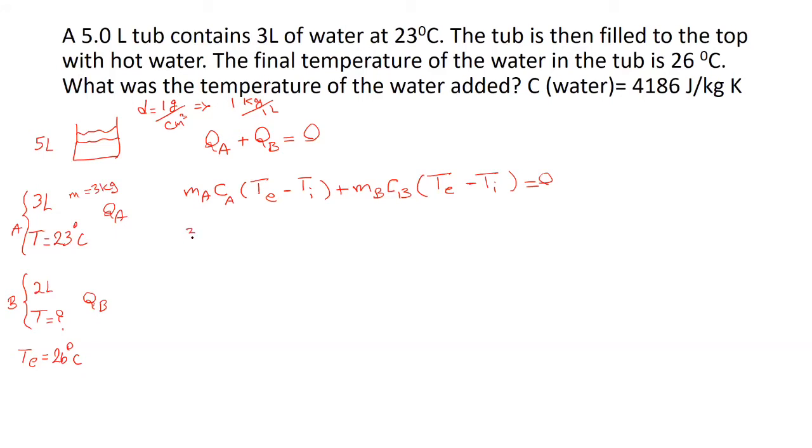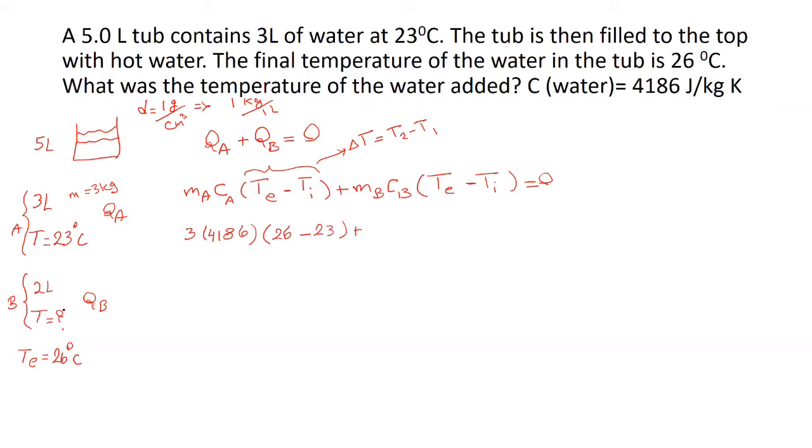So I put 3. And because it's water, C of water in the question is 4186, and this one is delta T, and we know delta T always is T2 minus T1. So for both of them, T2 is T equilibrium. So T equilibrium is 26, and T1 for this is 23, plus